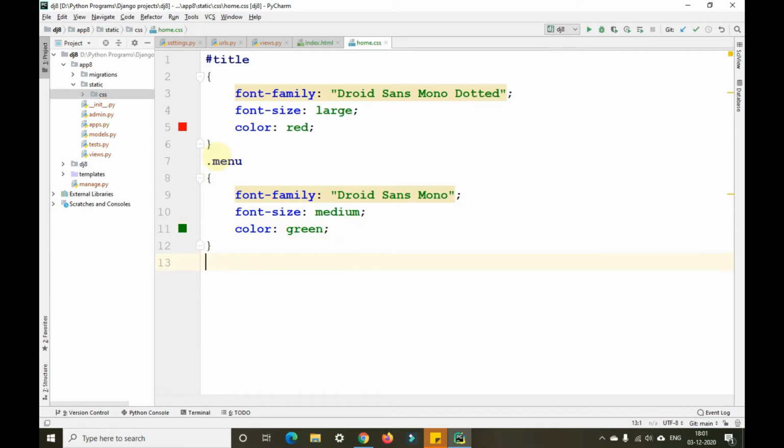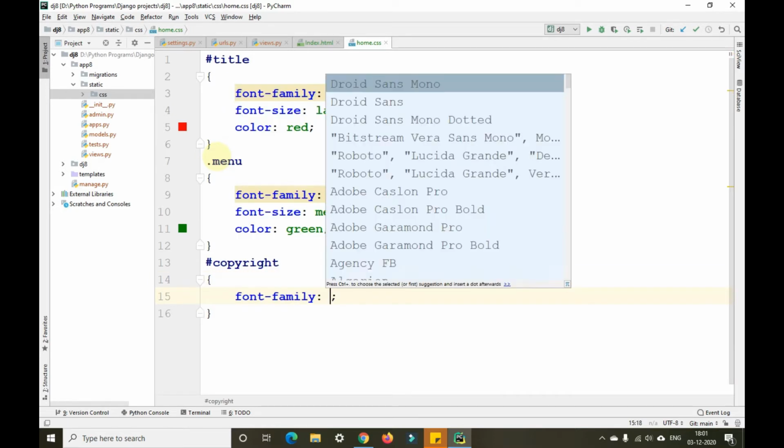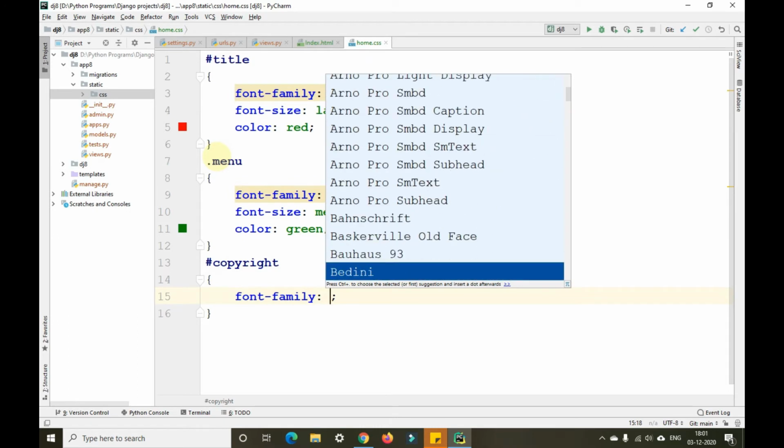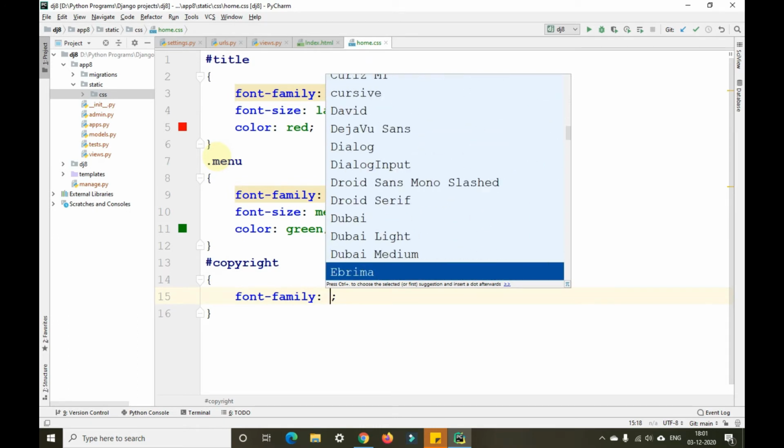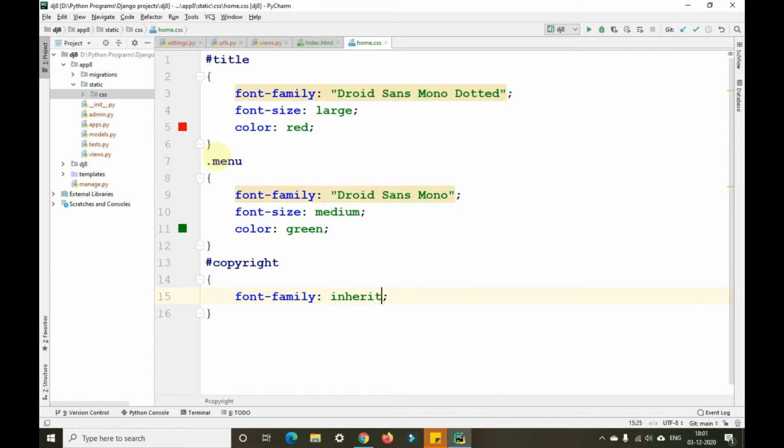Now after that, I'll give another ID called copyright here. So here I'll give font family as inherit, something like that, guys.